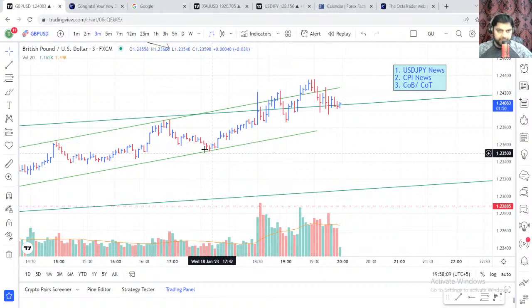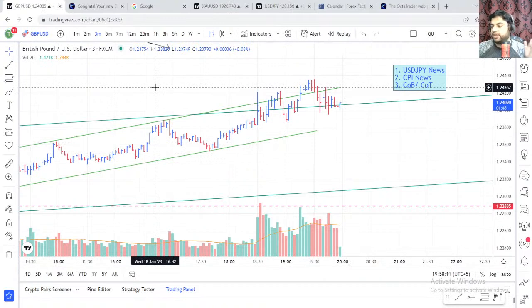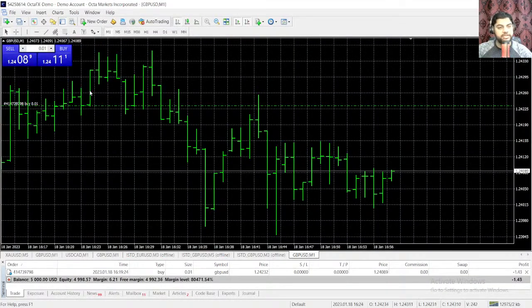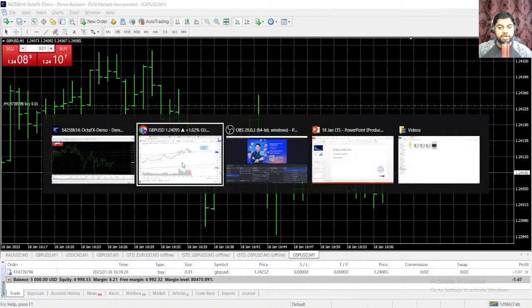Yeah, it is a 25-minute time frame. I just used the 25-minute time frame, but now I'm using 3 minutes. Okay, so I think this is the right time to buy. So maybe we can buy over here according to a 5,000